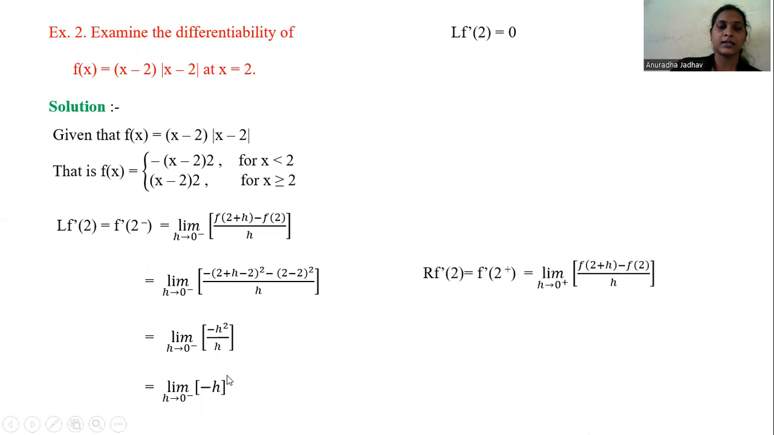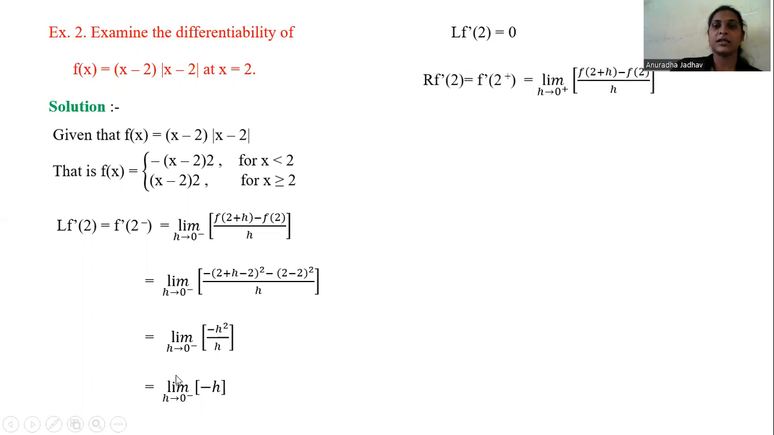Also we find the right hand side limit. Similarly, right hand side limit of f dash of 2 is equal to f dash of 2 plus, that is limit as h tends to 0 minus f of 2 plus h minus f of 2 divided by h. For right hand side function, we take the second function, that is x minus 2 into 2, and here we want to find the function f of 2 plus h, simply replacing x by 2 plus h. Therefore 2 plus h minus 2